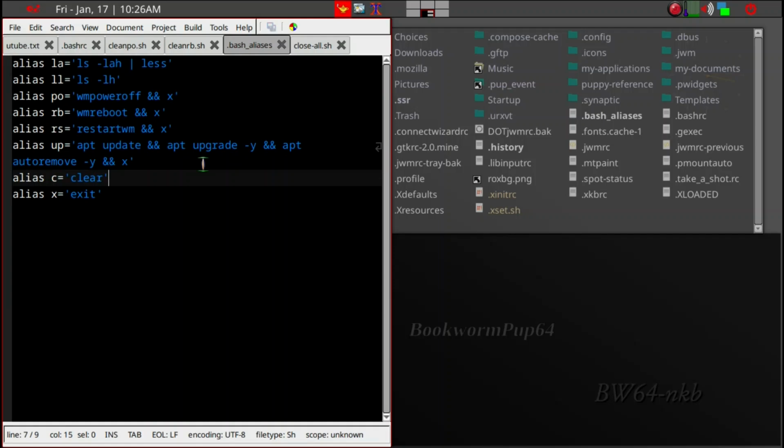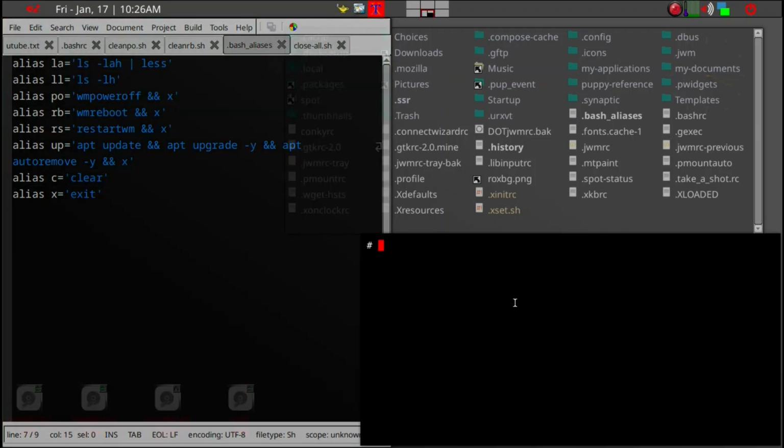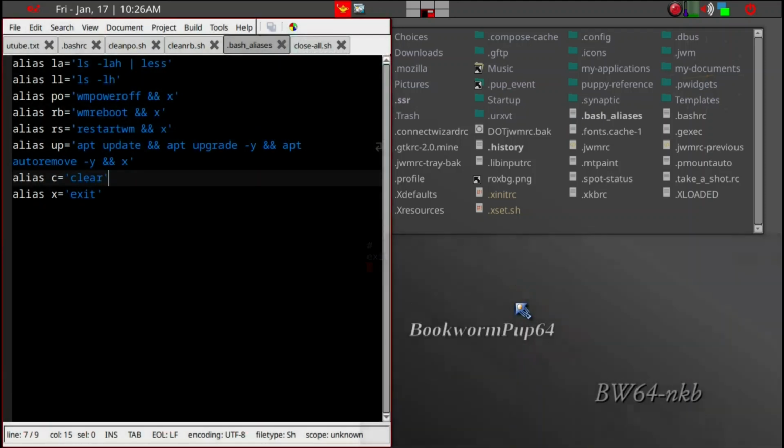So saved, and then we can go out here and read the source /root/.bash_aliases. So we're going to read that again. Now if I just type in c, it's going to clear the screen. Okay, but Ctrl+L is what I'm used to. So that's